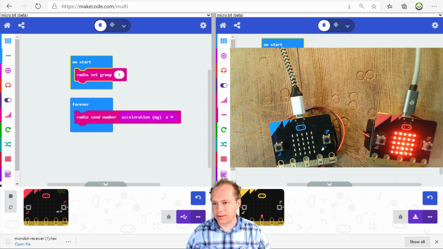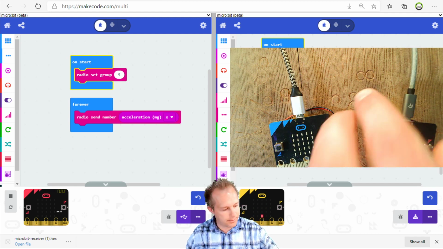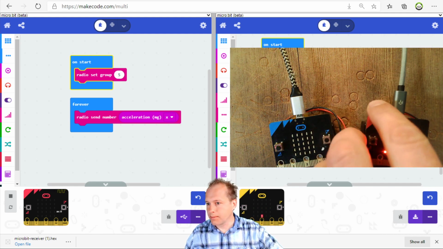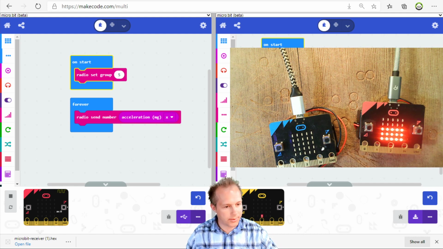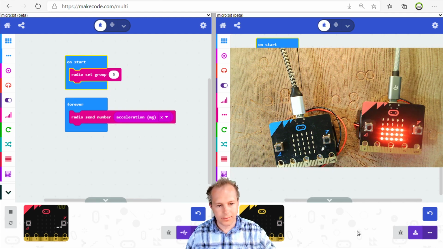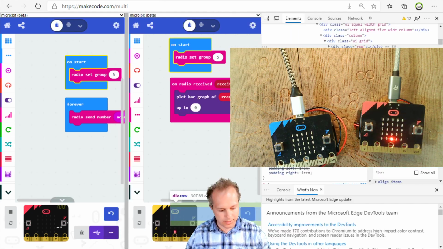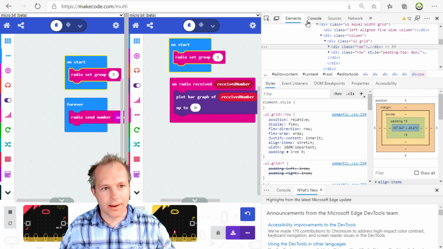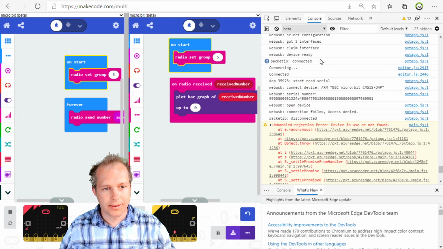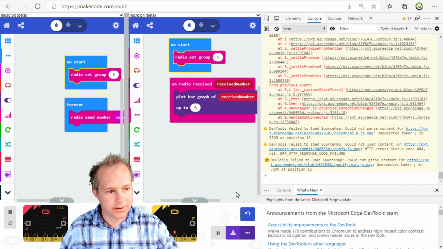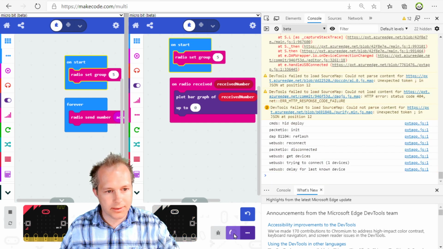Takes a few seconds, and then eventually the device should light up. But it seems that we still have some bugs around reconnection. If you're interested to see what's happening under the hood, you can go in the debugger, in the console, and then you'll see that we tried to connect, and